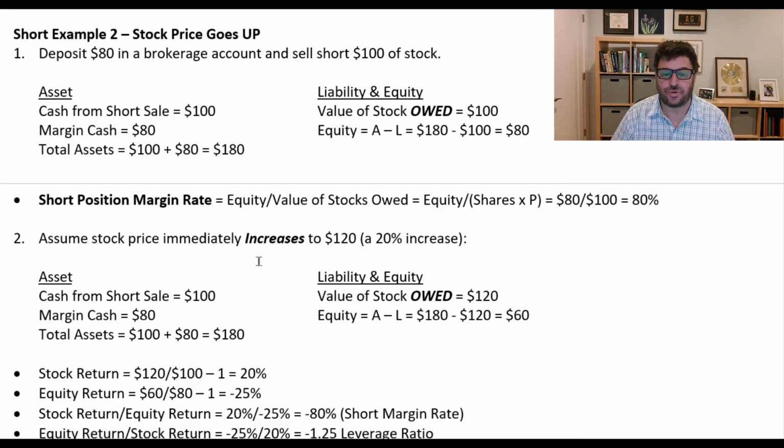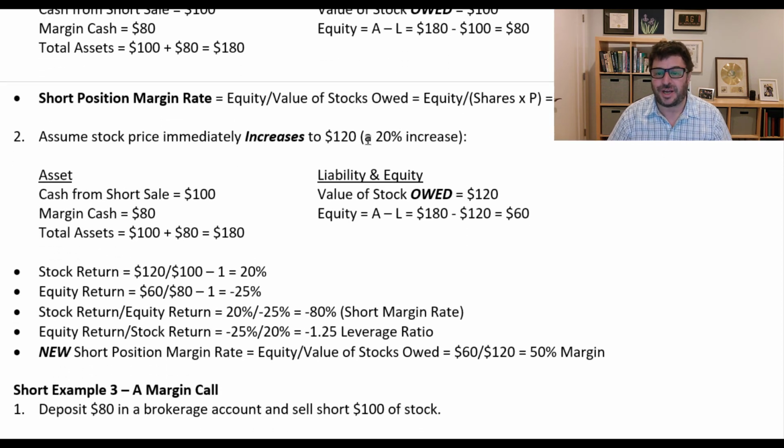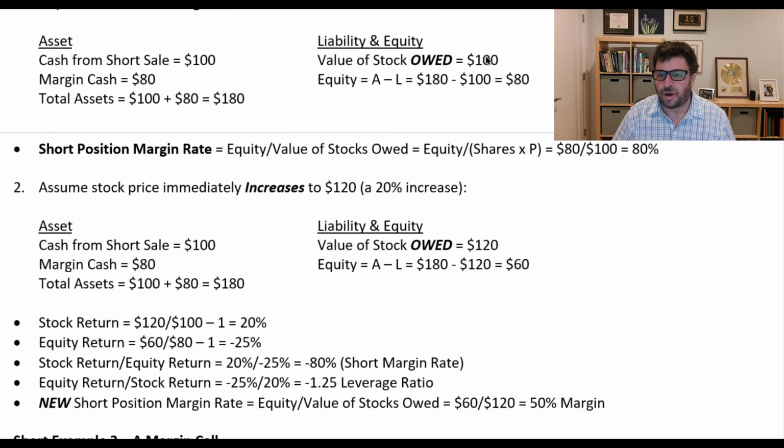But now we're going to assume the stock price immediately increases to 120. Okay, so I'm short and the stock price went up. I'm going to lose money. Let's see how much money I lost. And so if the stock price goes to 120, here is where this shows up in the balance sheet because the value of what I owe has increased from 100 to 120. The asset side hasn't changed. The cash from short sale is still cash and the margin cash is still cash, and so the total assets is still 180. But now this has gone from 100 to 120, and so my equity has gone from 80